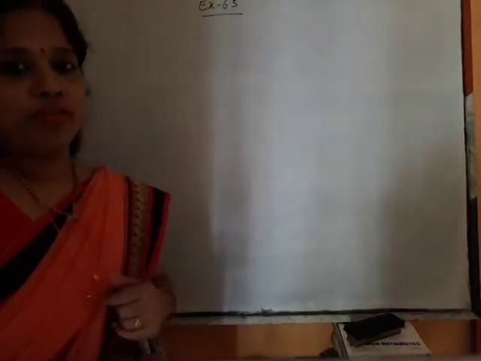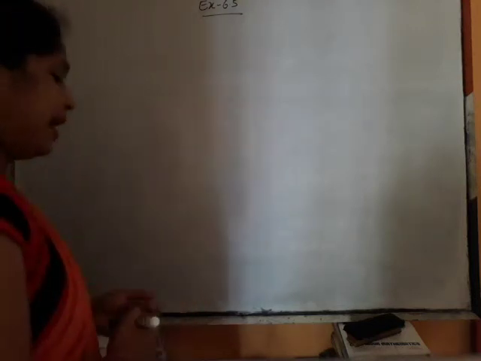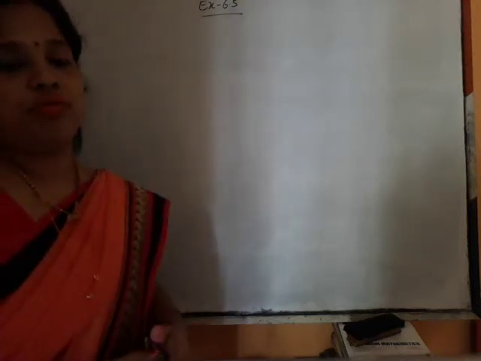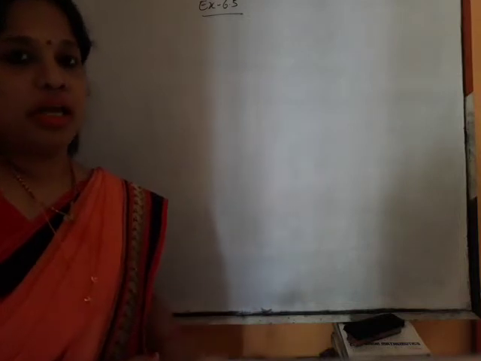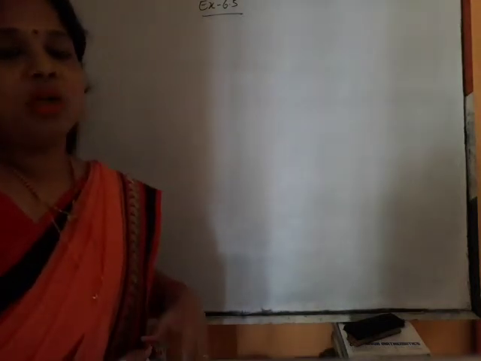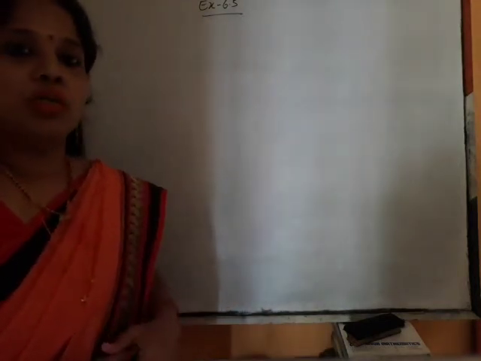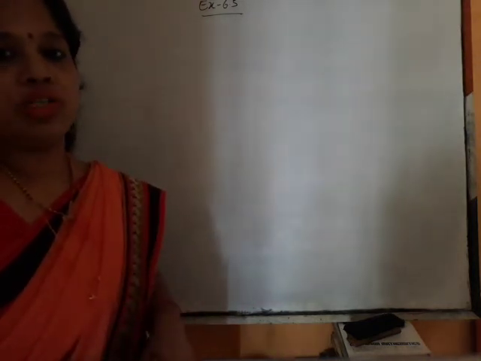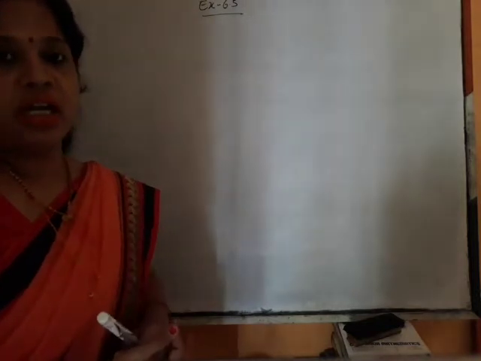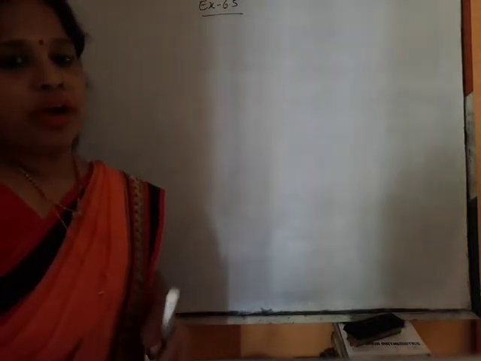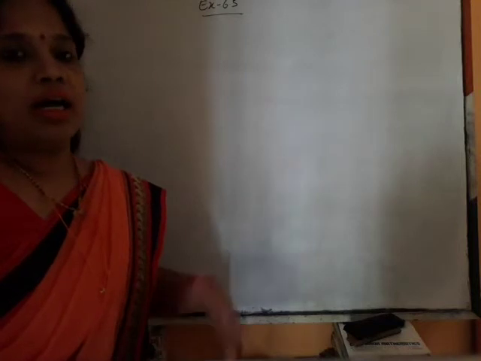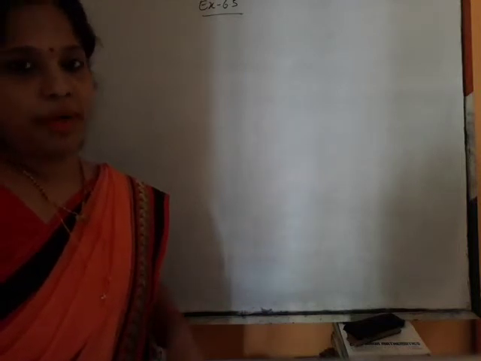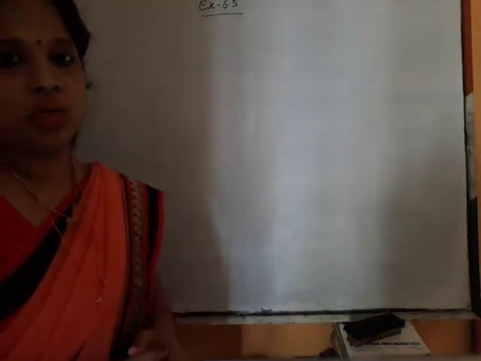Exercise 6.5, questions number 9, 10, 11 and 12. Till question number 8 we have discussed in my previous video. Now in this video, I would like to tell you these 4 questions are of the same type. According to the situations, we will have a right angle triangle and we need to find the required thing, either the hypotenuse or the base or the perpendicular, using the Pythagoras theorem only.